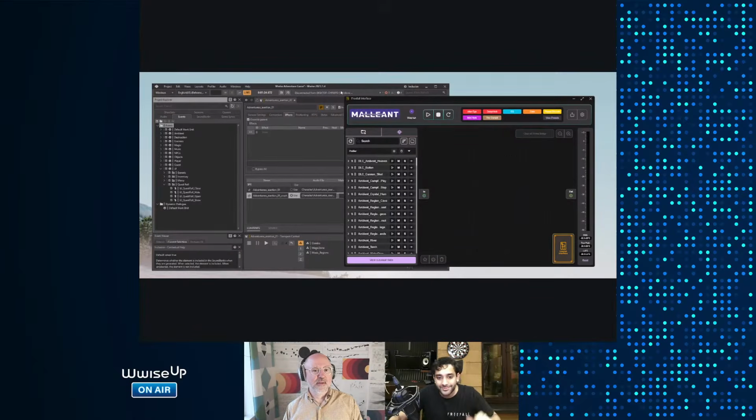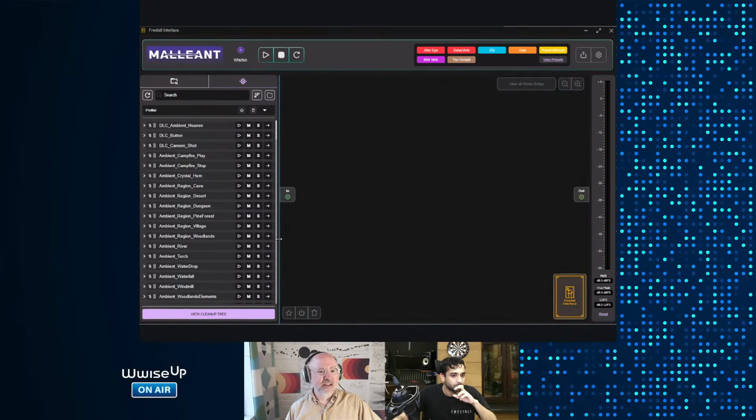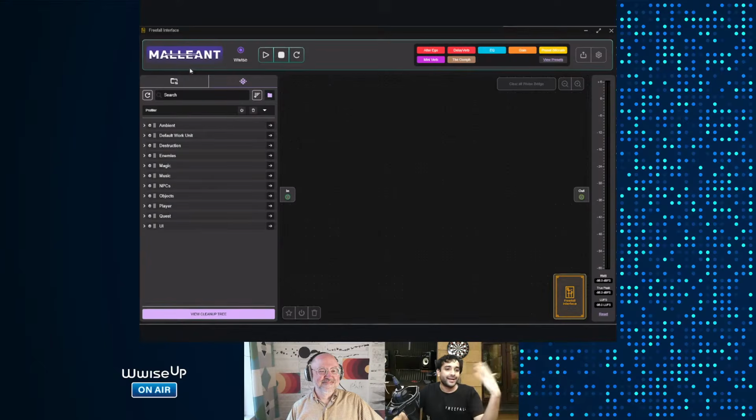That fact has been established. Yeah, we've got that tight coupling thanks to WAPI, and Maliant is able to see and understand and give you access to the sounds and events in your project. Great. So we have this view over here, and again, we can go to the folder view, and this is our file folder path. So everything, events and so on and so forth over here.